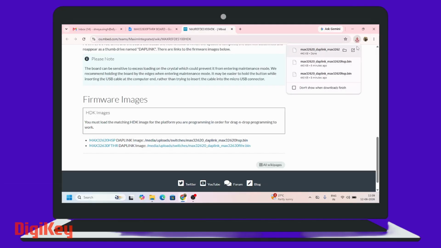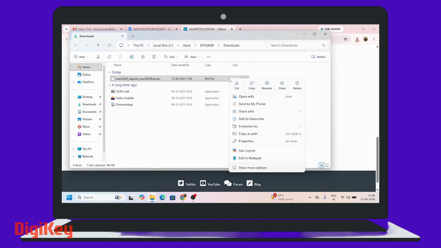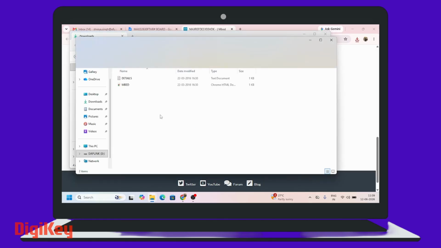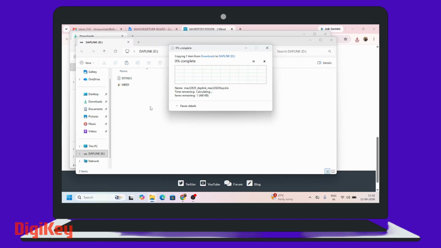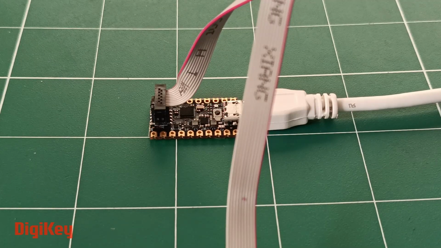Once the board is connected to your computer, it appears as a removable drive in Windows File Explorer. Open the drive, navigate to the Dappling folder, and simply copy the firmware file into it. As soon as the file transfer begins, you will notice the debugger LED blinking rapidly. This indicates that the firmware is being updated. After the process is complete, the board automatically reconnects and the File Explorer window opens again. With the debugger ready, we can move on to programming the board.